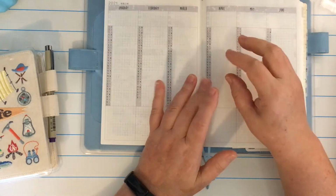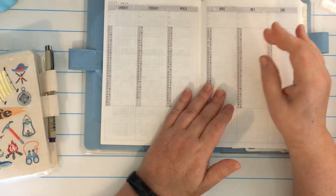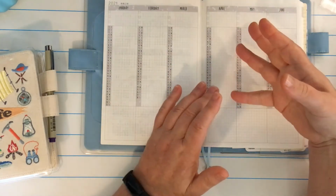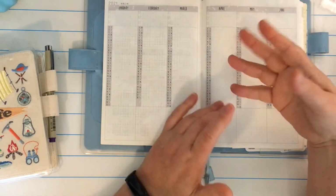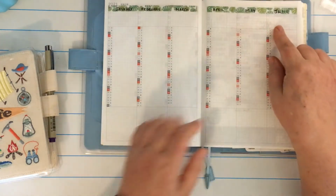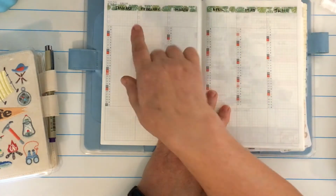So I may break down from my word of the year an area that I will focus on, and maybe a word that relates to explore for that specific area that I want to explore. So I'll put that up here or in this section. And then the other thing I want to do is either here or the other one in the top